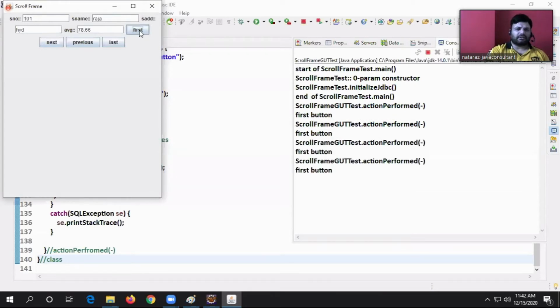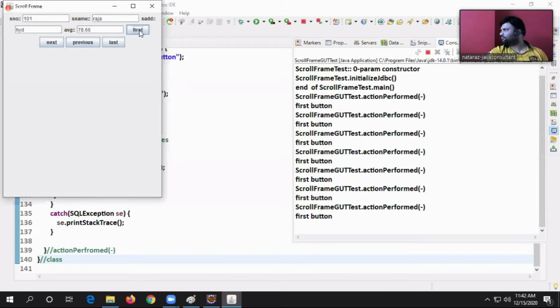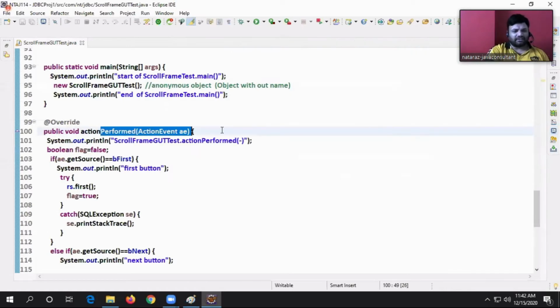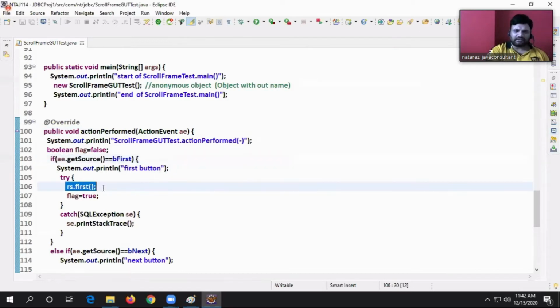Is it coming or not? What's happening? I clicked on the first button. Action event is raised. Is the source from B first? Yes. RS dot first. Now the cursor moves to the first record.